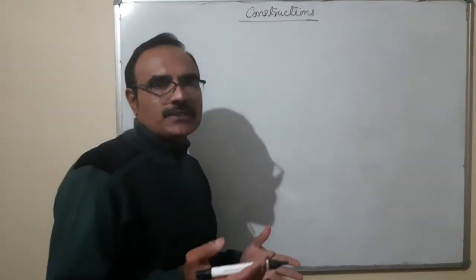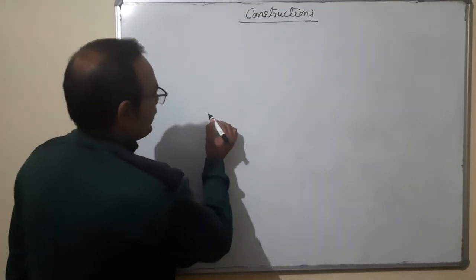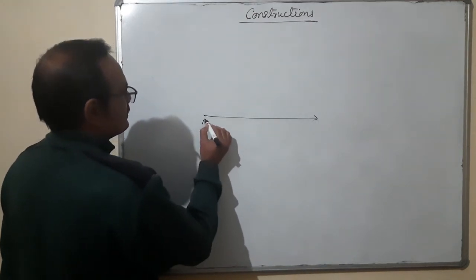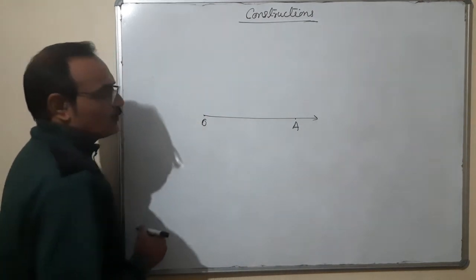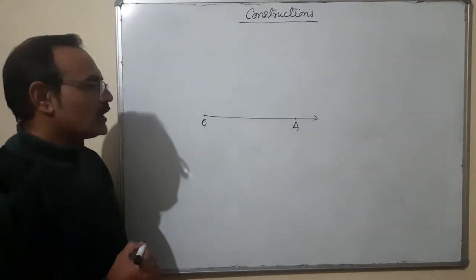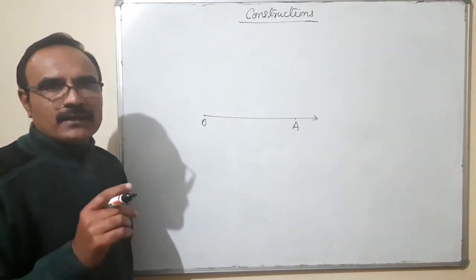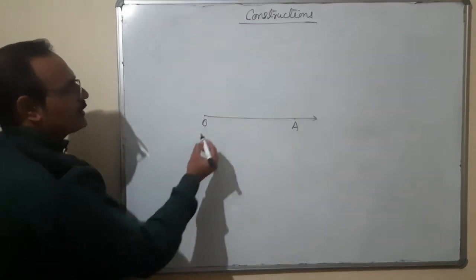Because your first exercise is based on that: to draw the angle bisector, make a 60 degree angle, 120 degree angle, many more things. Okay. So for drawing an angle, suppose this is a ray OA, and we are going to draw an angle of 60 degree. This is the simplest angle to make by the pair of compass, 60 degree. Okay. What should be done?